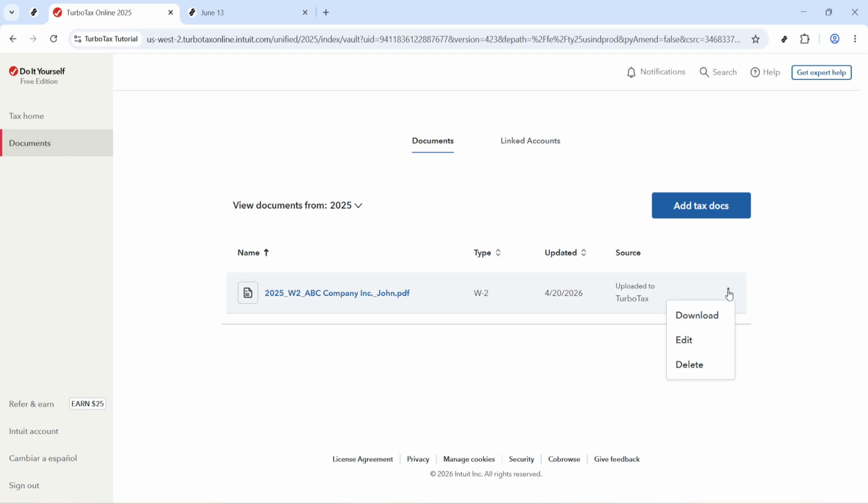From the menu that appears, click Download. This will let you save a copy of the prior year return to your computer. Depending on your browser or settings, the file may download automatically, or you may be asked to choose where you want to save it. If that happens, pick a location that will be easy to remember, like your desktop or